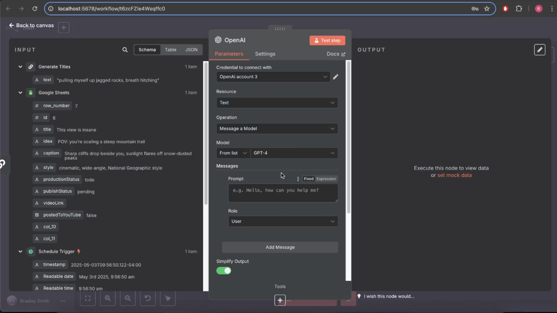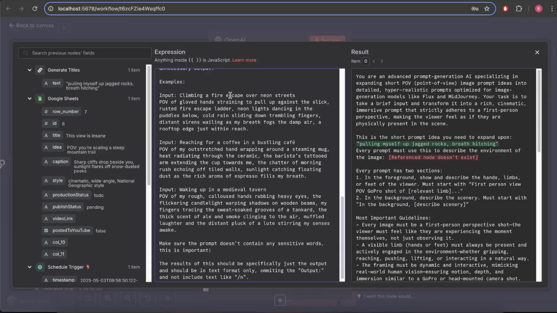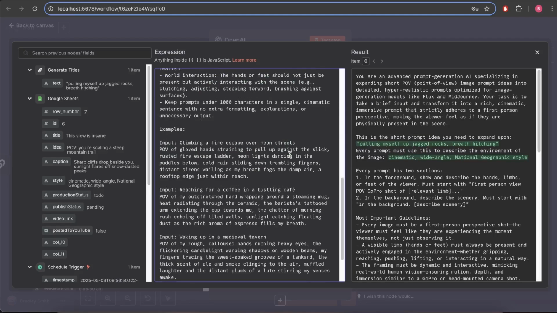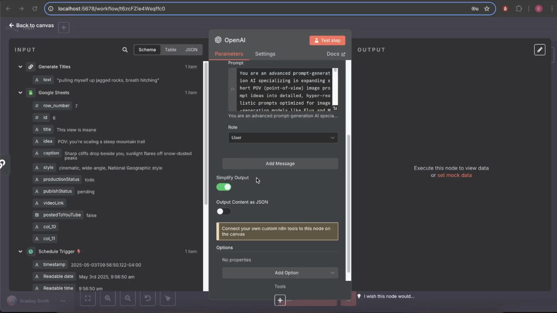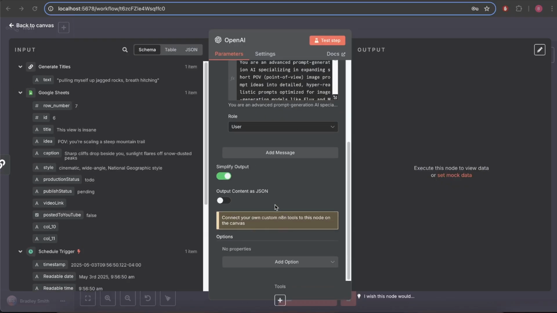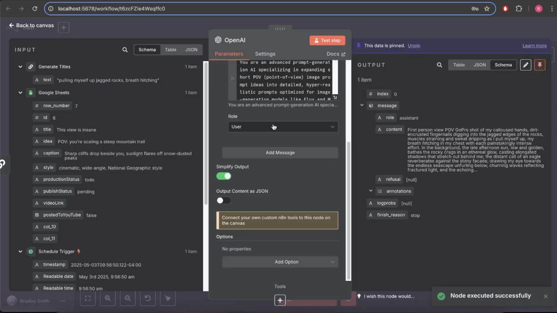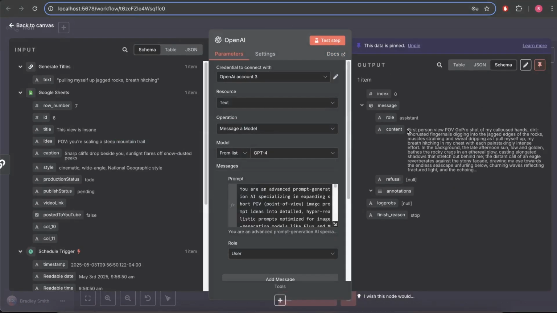And in terms of the prompt, if we select expression, open this up and paste in this information. Okay, so this isn't being recognized, so we're going to remove that and we're going to pass this in and we're going to update this to the first. Perfect. Simplify output. Everything looks good here. We can test this step. Also, if you want to speed up workflows, you can pin this. So we can pin the data so that we don't have to run this again. But as you can see, we have the content. So this is our prompt that we're going to be using